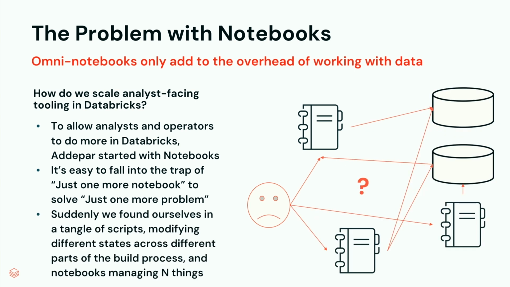We weren't really sure exactly what to do because we ended up with a folder in Git that had 10 notebooks. New people were getting onboarded. They didn't know which ones to go to. They also didn't know which ones they were permissioned to use, because we do have a lot of different personas